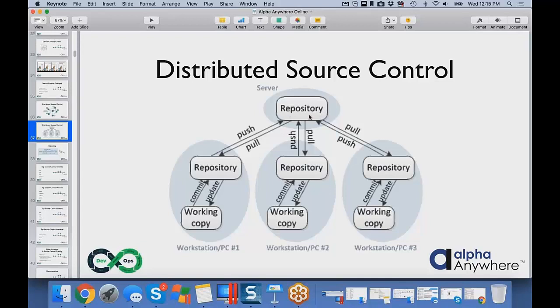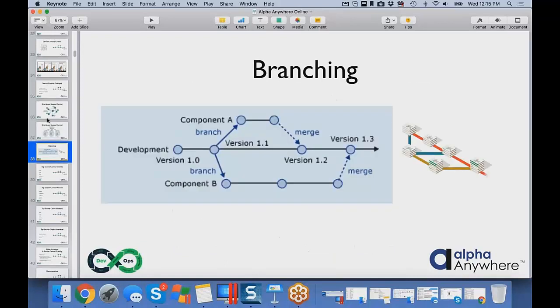And what's nice is the source control system will control this process so you won't accidentally step on people, or you'll be notified so that you know what things have been changed. So you get the best of both worlds. You get control, that's why it's in the name, but you also get flexibility on how to do that.